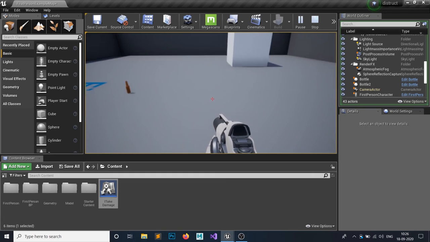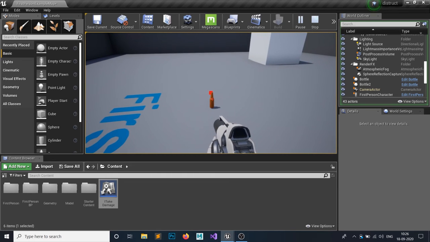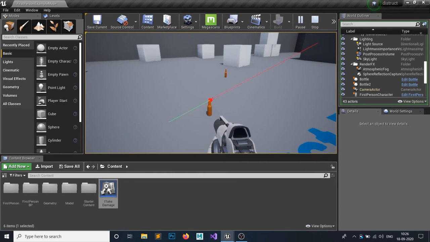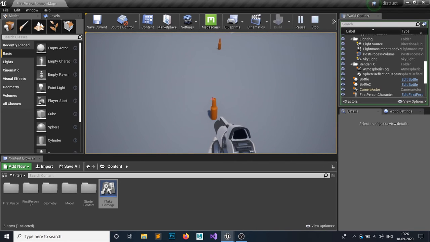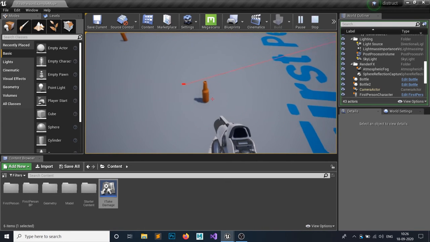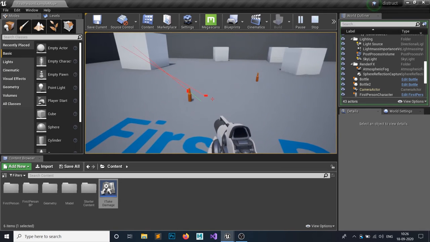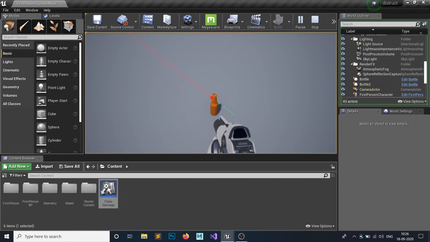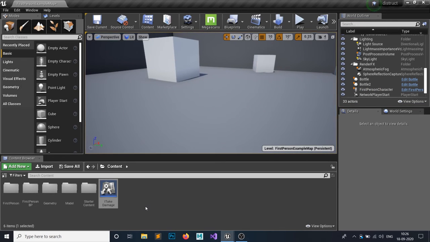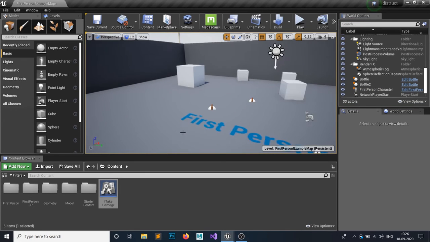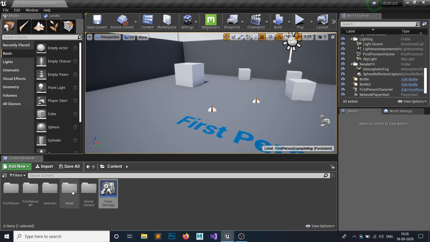If I click here, you're going to see this impact point, and after that this green node. The green node means yes, this is impacting, and at this point it will collide with our beer bottle. So let's actually make a functionality so that our beer bottle will be destroyed.